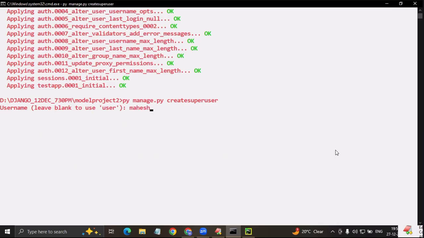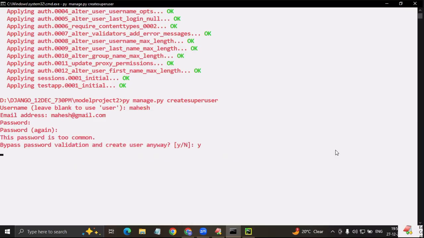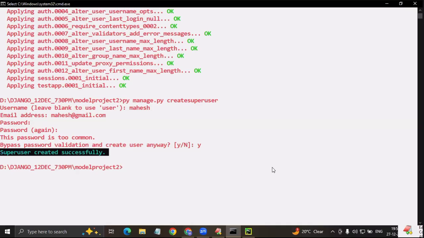No, I want to give some name, mail ID, password. Yes. Super user created successfully. So once super user is created, start the server, send the request, go to admin